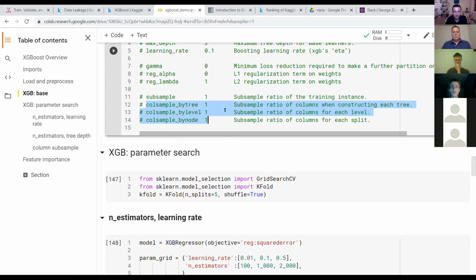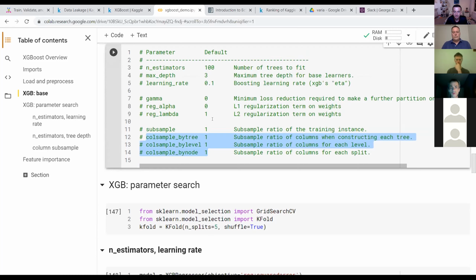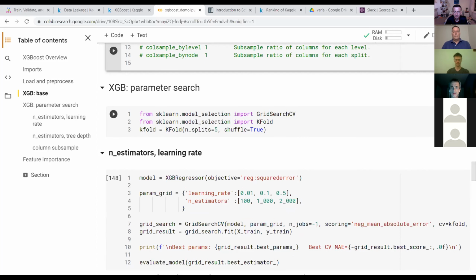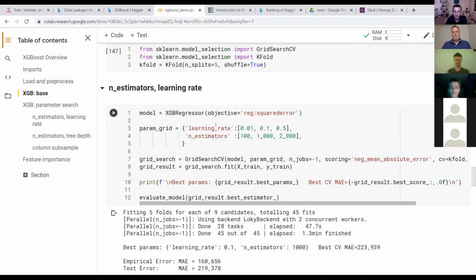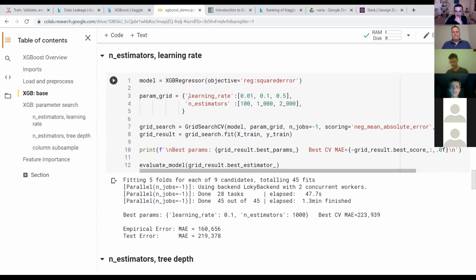So this is a pretty flexible set of hyperparameters, and going through all of them, through grid search or some other method, is computationally pretty expensive. So I tried to go through some of them using 5-fold cross-validation. First, we try to locate the optimal learning rate and number of estimators.